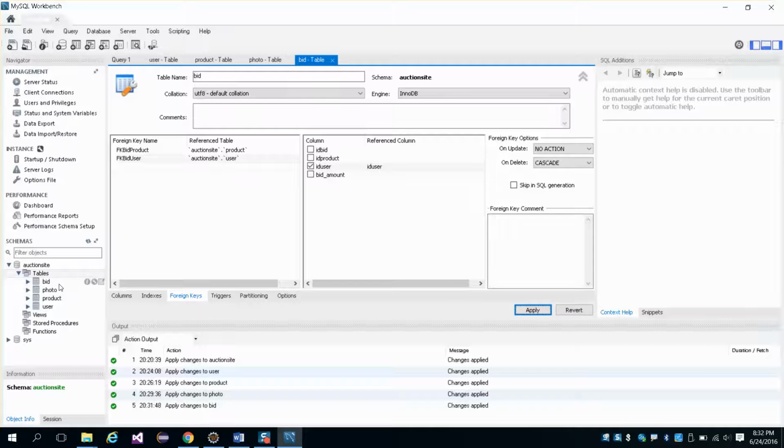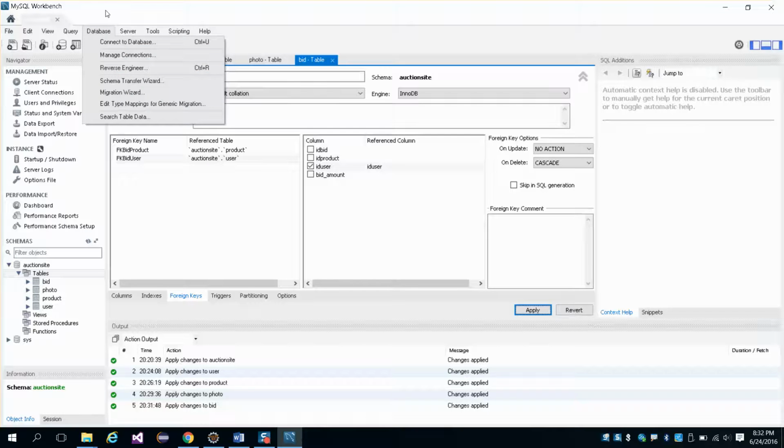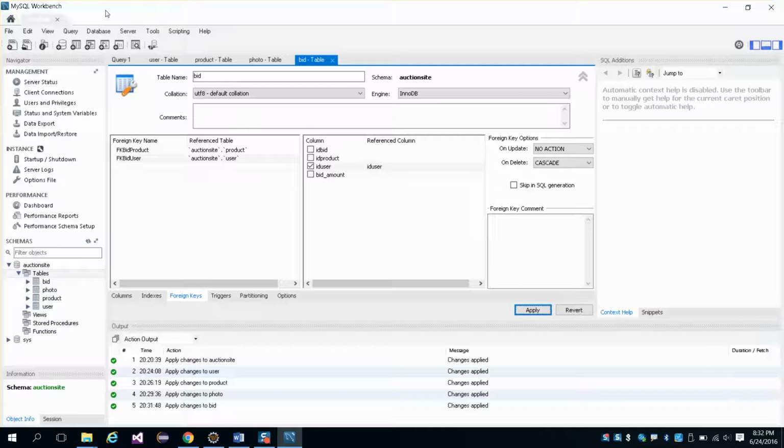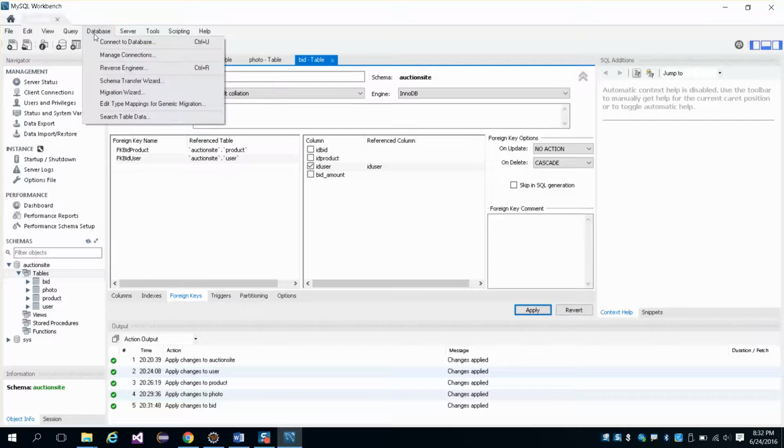And one last thing that we want to show you, sometimes it's helpful to be able to create a build script rather than go in and do all of this in the MySQL Workbench UI. Once we've done this, when we deploy this, or if we need to reinstall our database, we may want to have a build script that builds all of the tables in our database for us automatically. I'm going to show you how to do that quickly in MySQL Workbench. If we go to Database and click on Reverse Engineer,